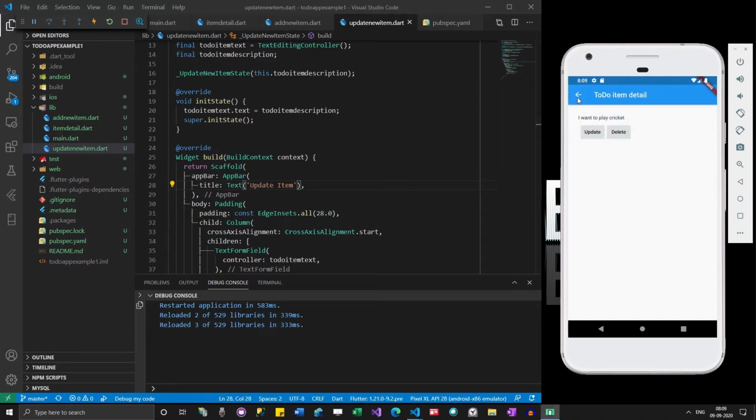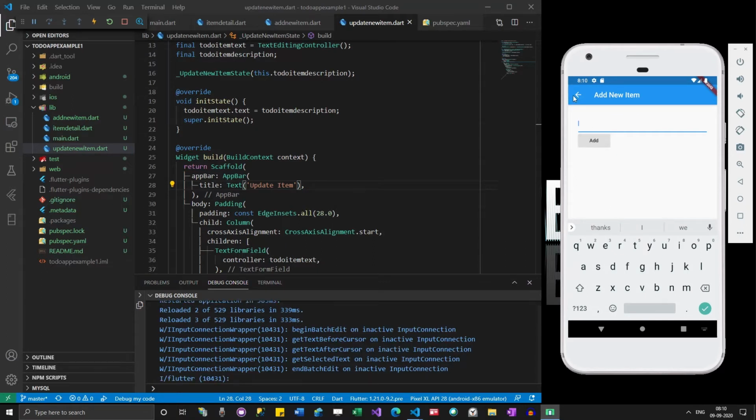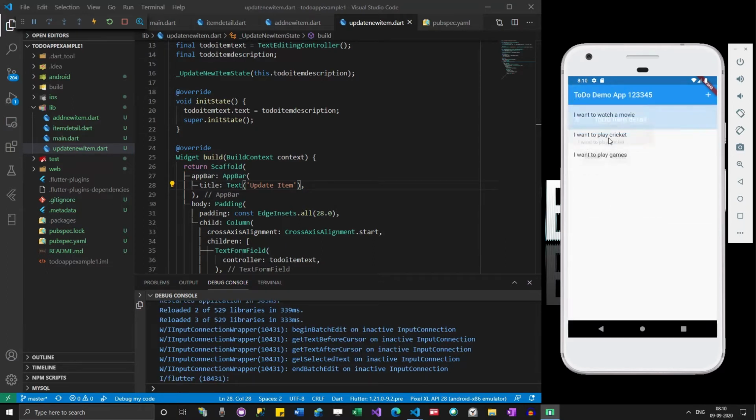So now we have actually finished the whole UI part. Okay. So this UI is capable of showing a list. If you have a list of items, it is capable of showing them as a list. If you want to add a new item, you can add the item over here and then click on the add button. And then if you want to edit, you can just go here, click on update and do the update. And if you want to delete, just click the delete button, which will be deleted.